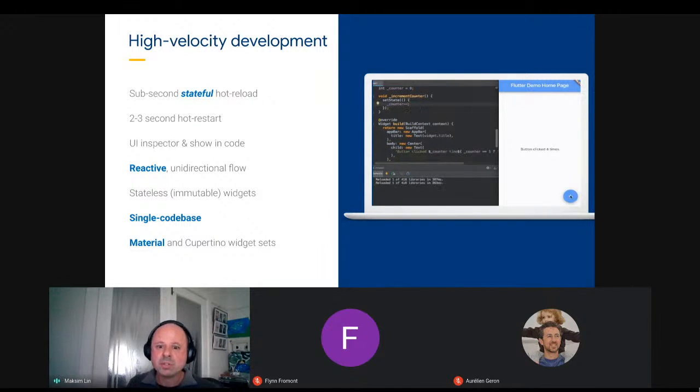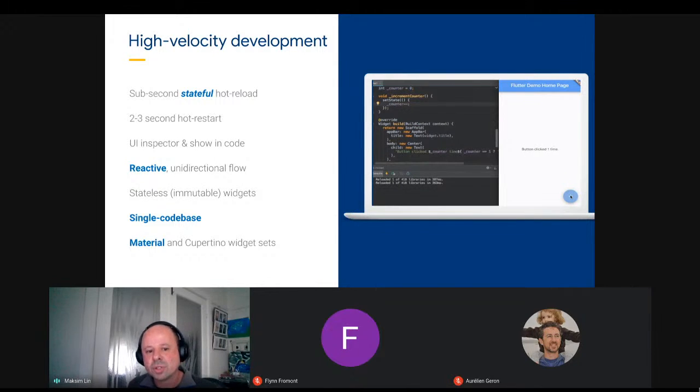So I actually find that Flutter is very productive just to do Android development on its own. But if you want to do an Android app and an iOS app and perhaps support other platforms, Flutter gives you the means to do that all from a single code base. You don't have to write separate code for each particular platform. And as I mentioned, Flutter tries to fit into the platforms it lives on.